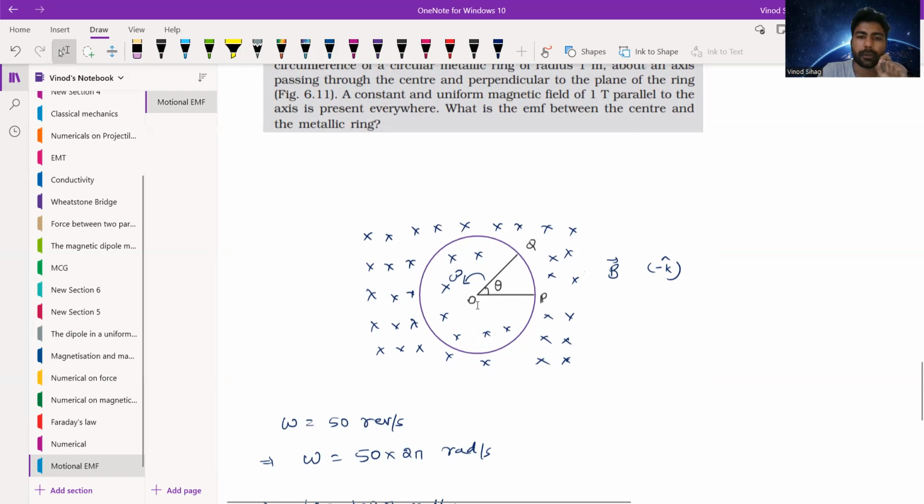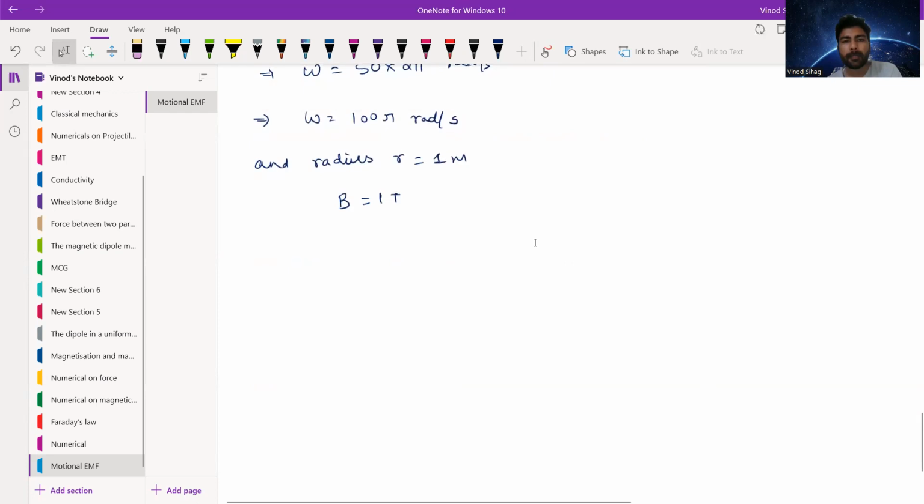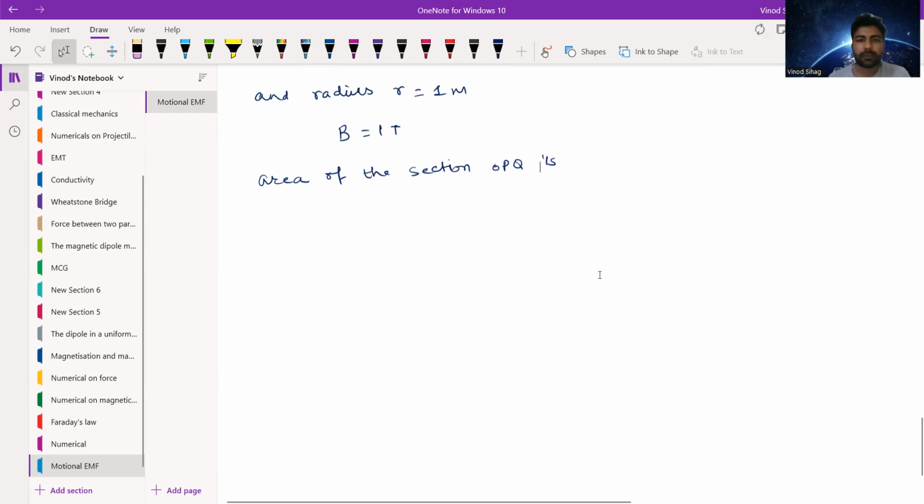For example, let's say in time t, where t is greater than 0, the rod is rotating with speed omega, and it travels an angular distance theta. So what will be the area of the section OPQ? The area of the section OPQ is A equals to